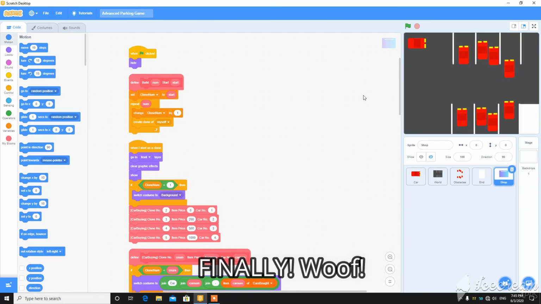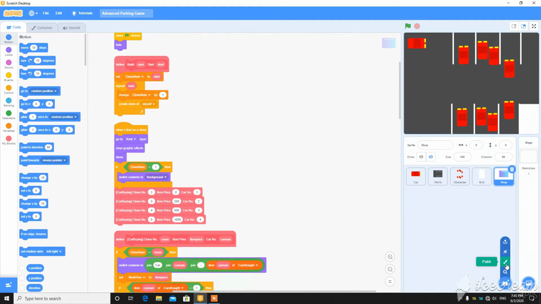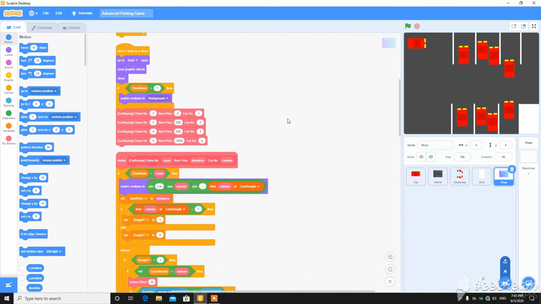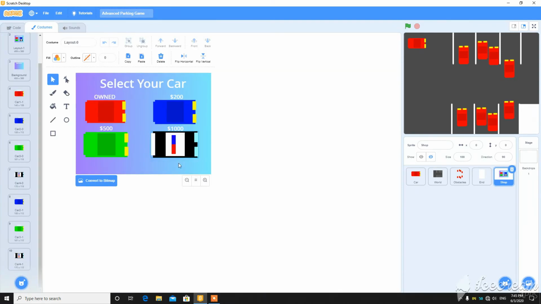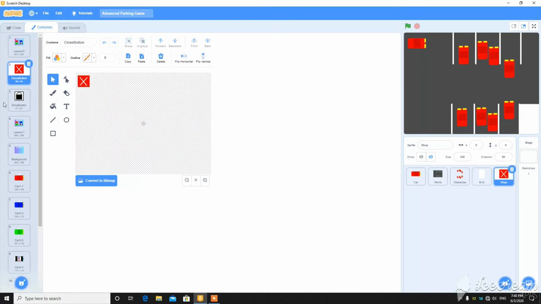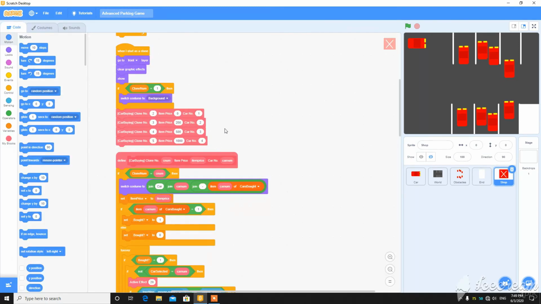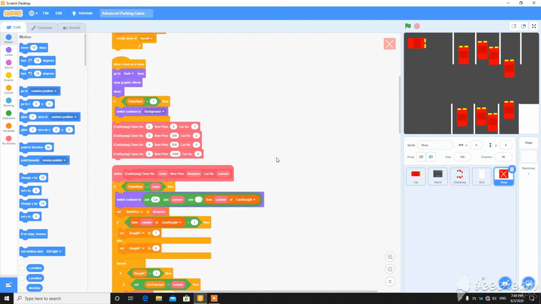You can make a better option to make your shop look good. You can make a button for this. So we can make a button here. Quickly make a button to close it up like this, make it red, and then a white outline like this. I made this close button and this shop button, you can see here. So then we can make a shop opening and closing thing.